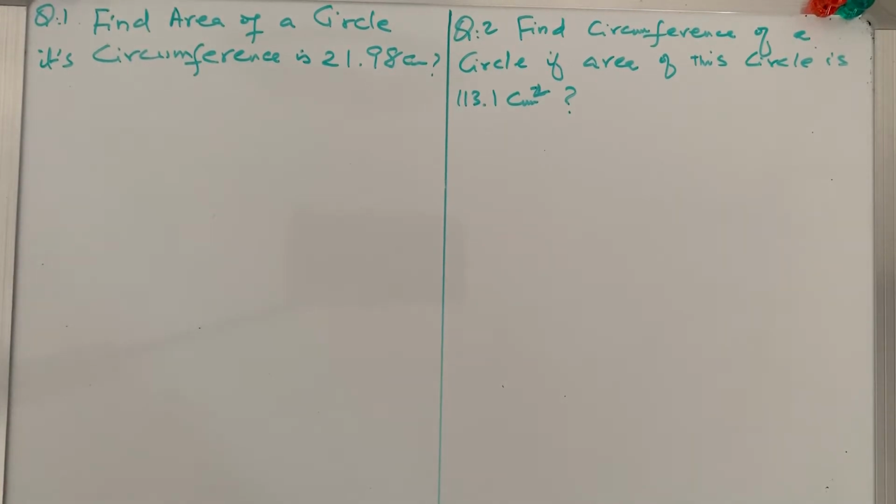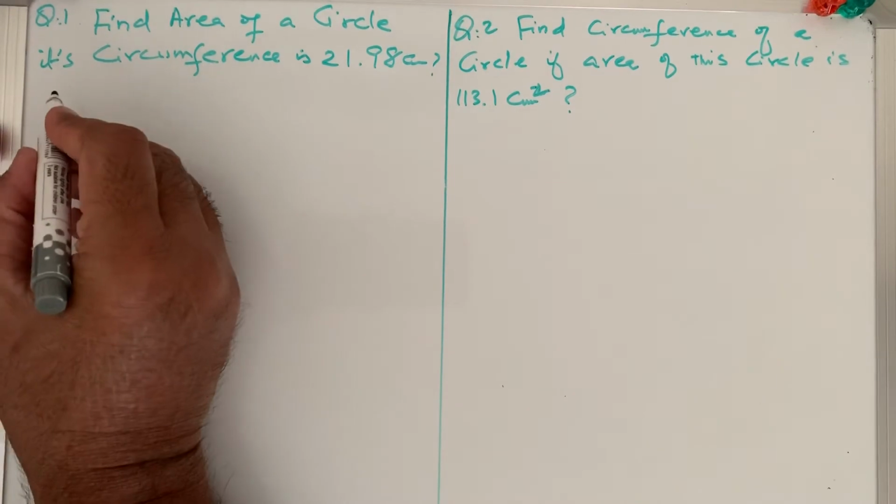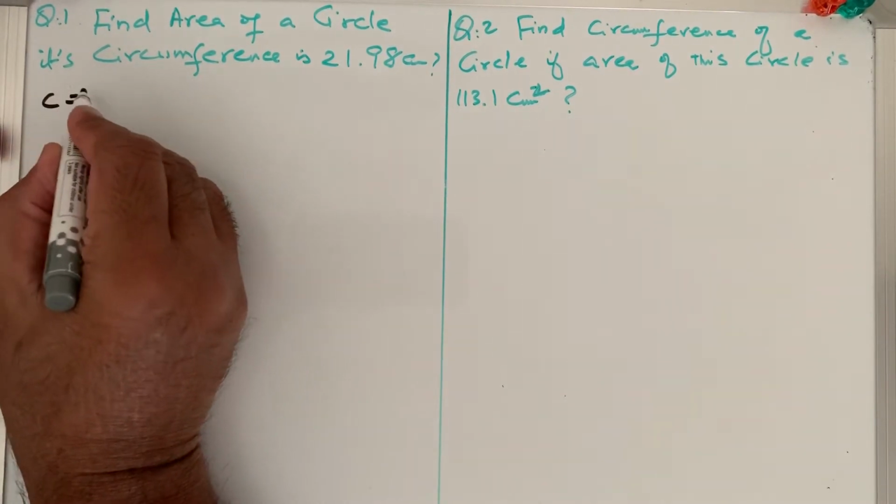Today we have the last lecture for circle and there are two word problems. Question number 1. Find the area of a circle. Its circumference is given, 21.98. So we have to find out the area but the circumference is given, right? So we know that we can set up the data that C is given, which is